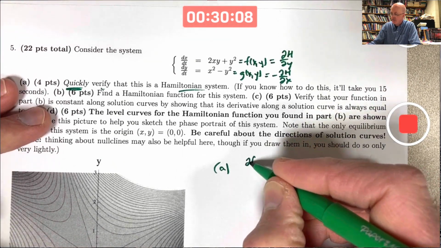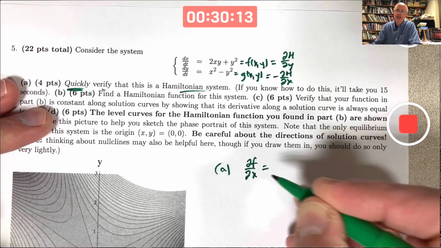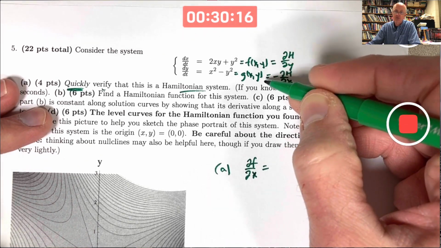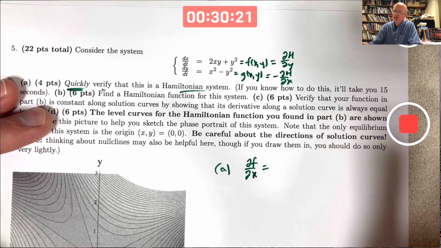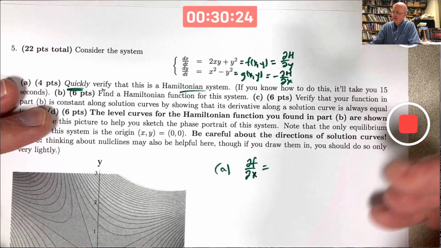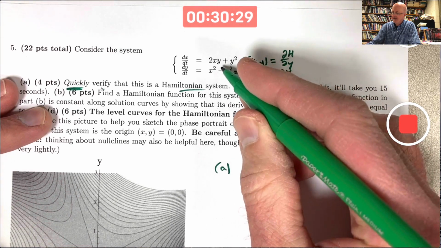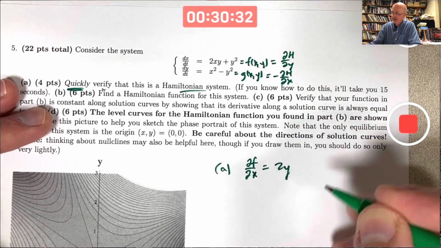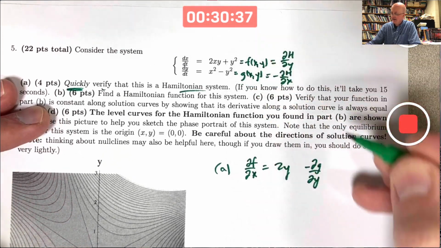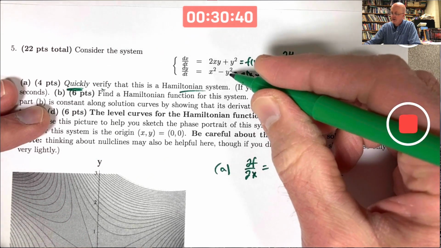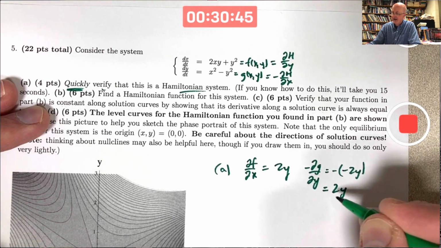Find the partial derivative of f with respect to y, and see if it equals the opposite of the partial derivative of g with respect to x. Clairaut's theorem is the equality of mixed partial derivatives in nice situations. That's what we're ultimately using. The partial of this first function with respect to x is 2y. The opposite of the partial of the second function with respect to y is the opposite of, differentiate this with respect to y and get negative 2y, which equals 2y, and these are the same